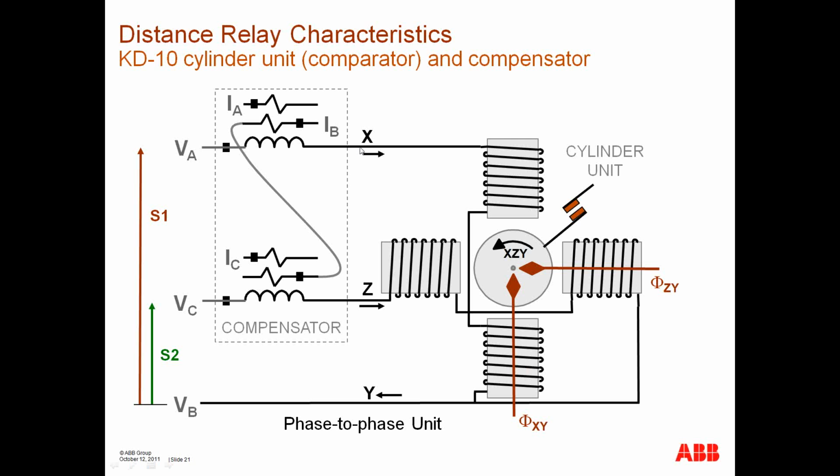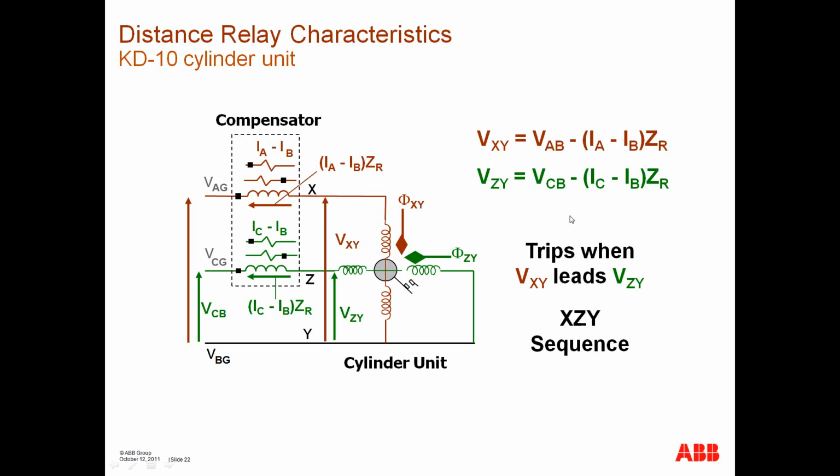And basically what happens if S1 leads this quantity, you produce a rotating field that operates in the operating direction. If S2 were to lead S1, then the field would be rotating in this direction, and you would have a restraining operation. And just to come up with an equation, you have your applied quantity, this voltage right here,